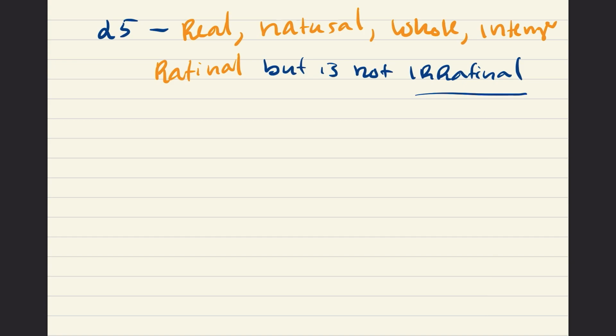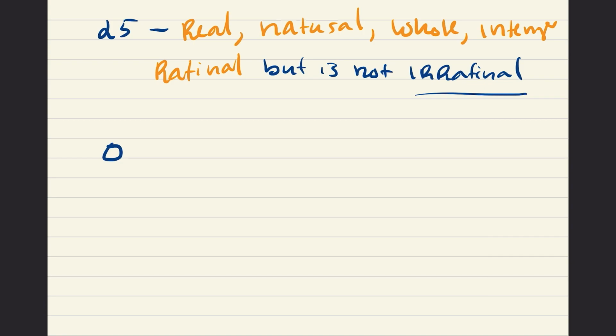And the reason it's not irrational is because irrational numbers cannot be written as a fraction, plus they have a decimal that keeps going without repeating. But this number is not a decimal number. It's a whole number. It's a natural number. It's rational, so it cannot be irrational. Let me put if we have something like this: 0.